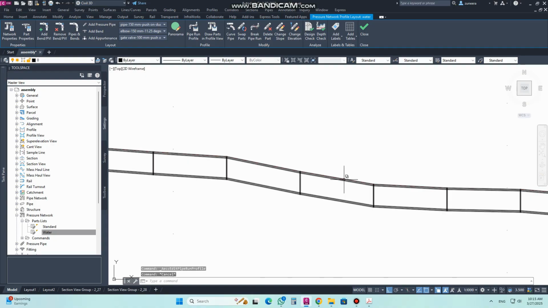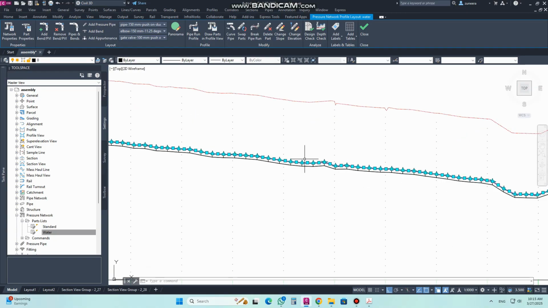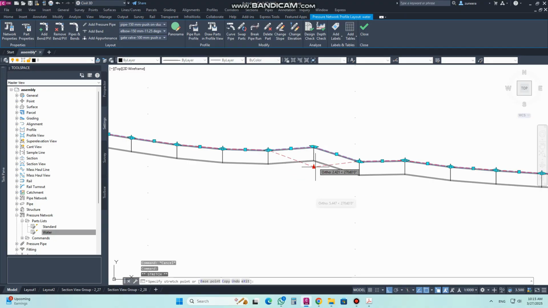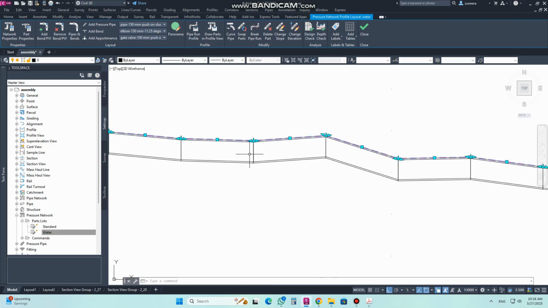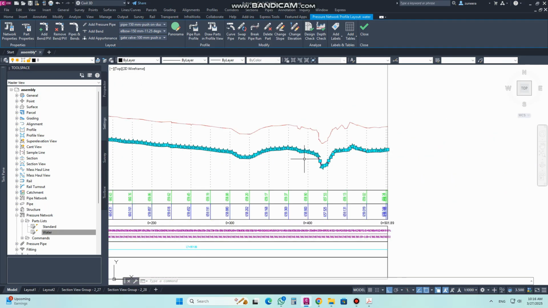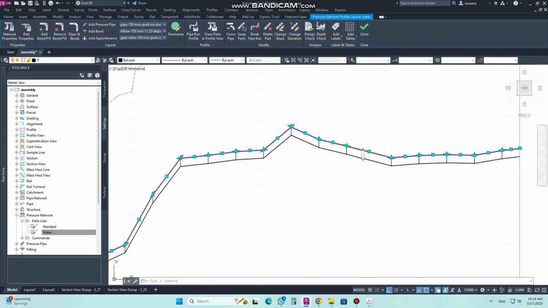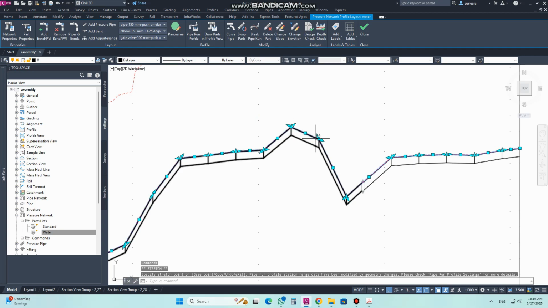And the other thing, in this profile, if you click on the profile, you have many PVIs available here. There are a lot of PVIs. You can change according to that PVI. You can move up and down. So you can move from here. Suppose, let's change some place here. If I change, suppose, this area,